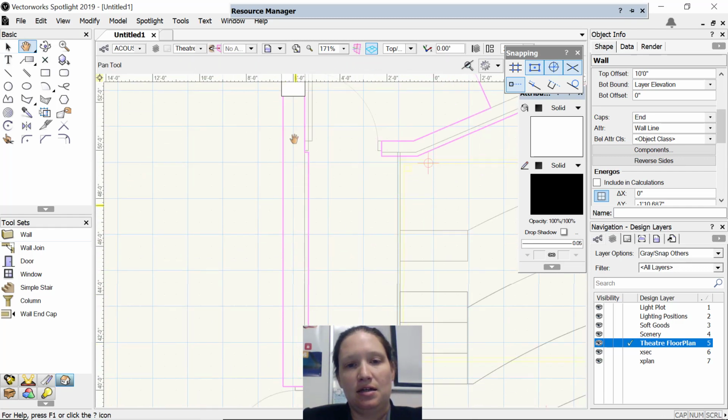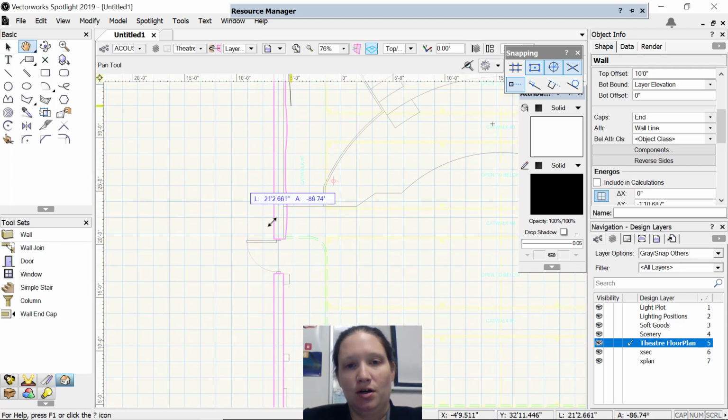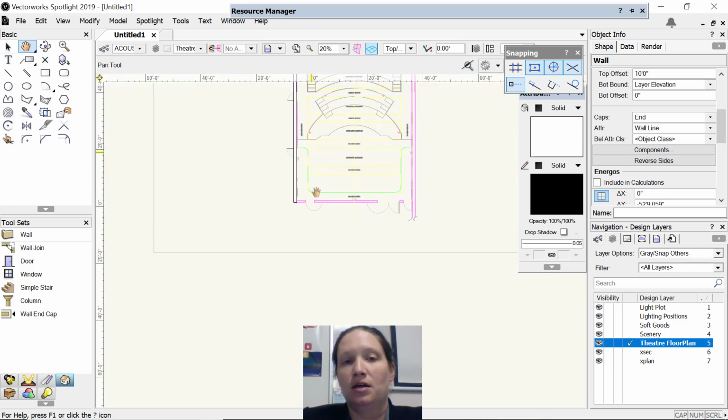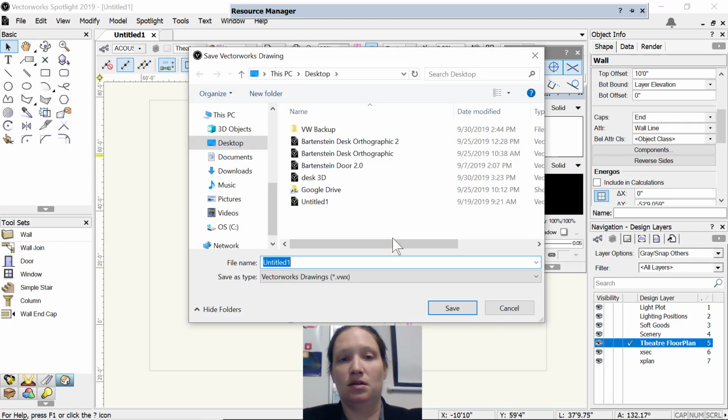Okay, and I can extend this wall all the way past that door, all the way into the corner, because instead of erasing and drawing those doors individually, I'm going to use the door tool. This is